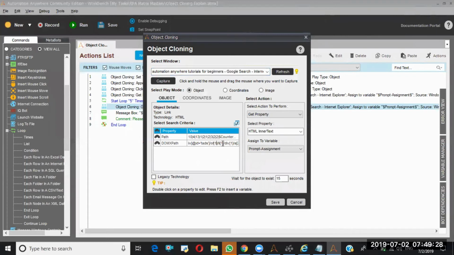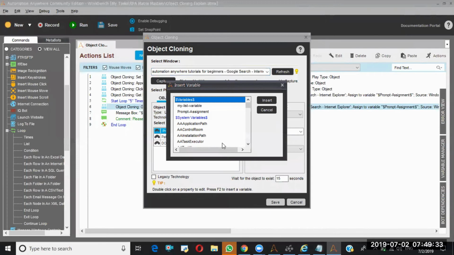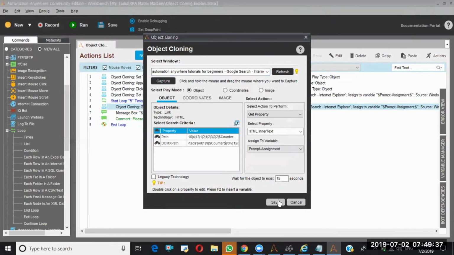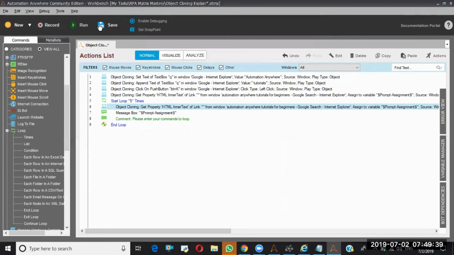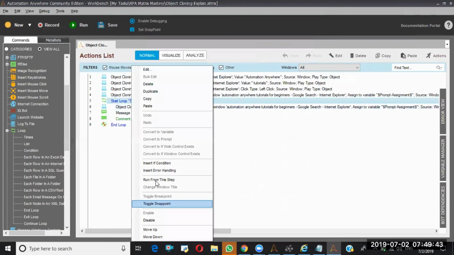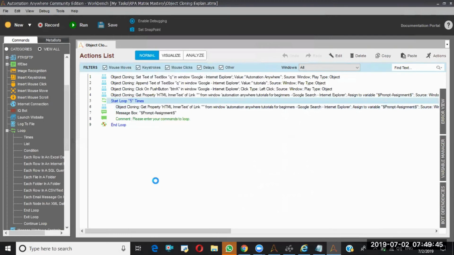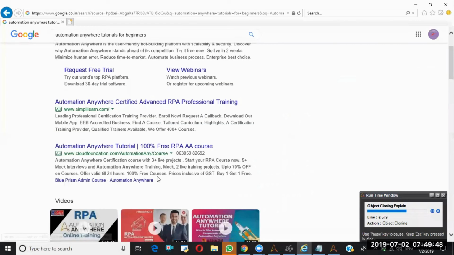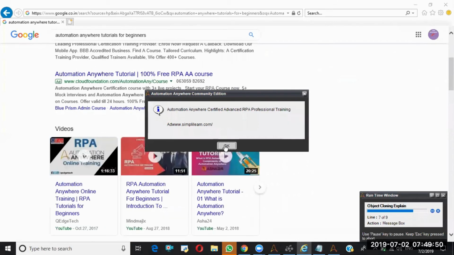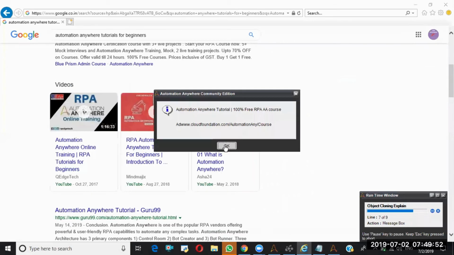And now I'm removing this one. This time I'm giving counter here. See? So now let me run this one. It is giving the value. See, second one, third one.